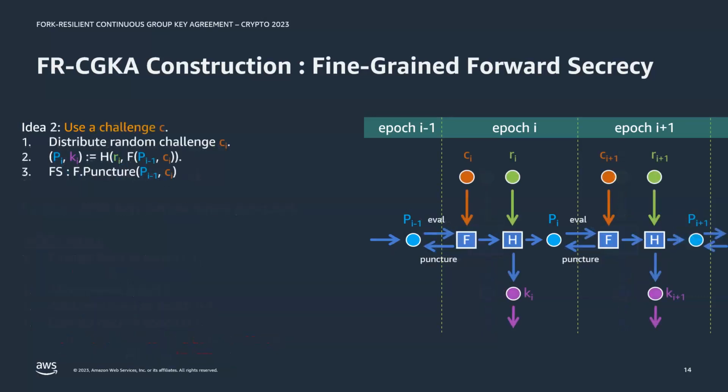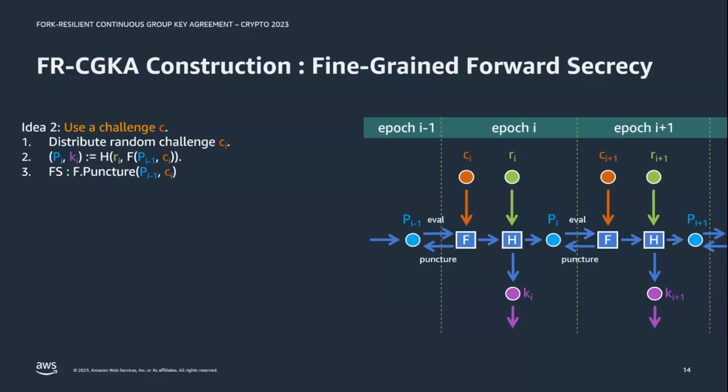We need another idea, and what we're going to do is introduce a challenge. So along with RI, we want to create a new epoch, you also distribute a random challenge C. And that's the point where we evaluate the PPRF. So it's no longer a sensitive point. So it does actually address this